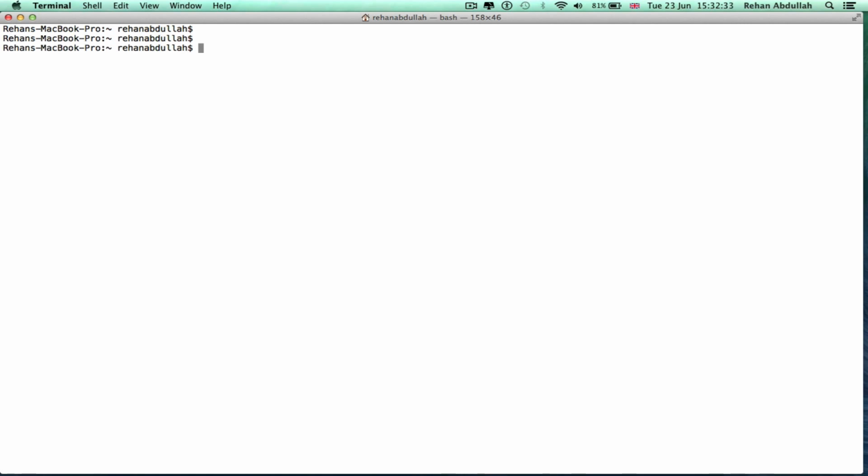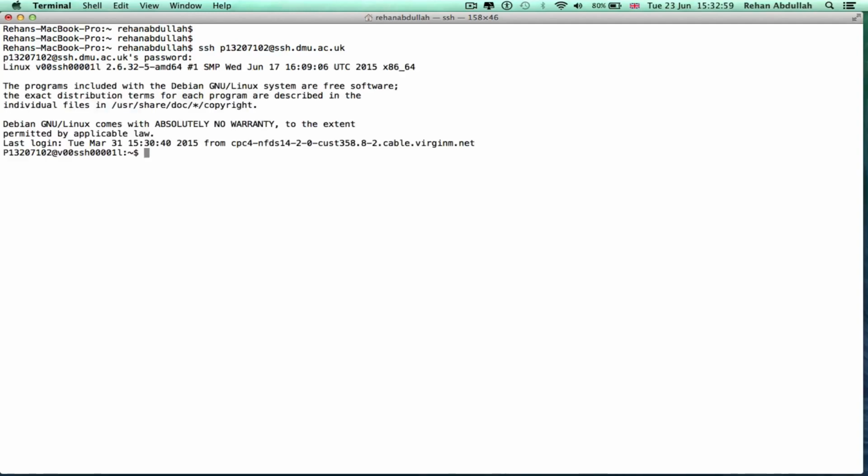Okay, SSH, that's my number, you should put in your number, ssh.dmu.ac.uk, and then the password, which is, can't say it, this is my password. Okay,